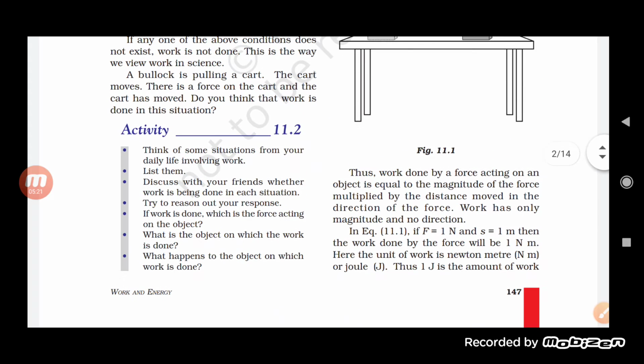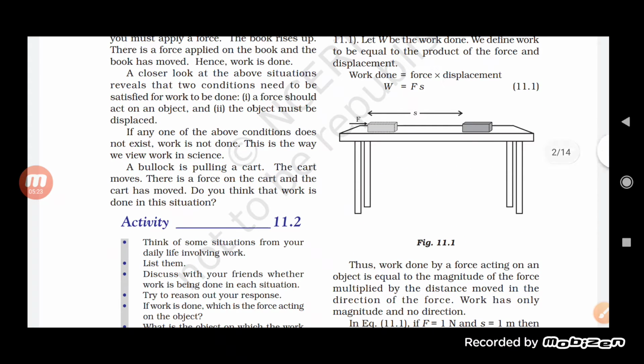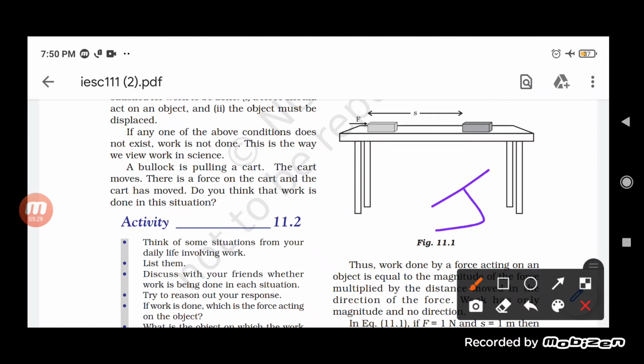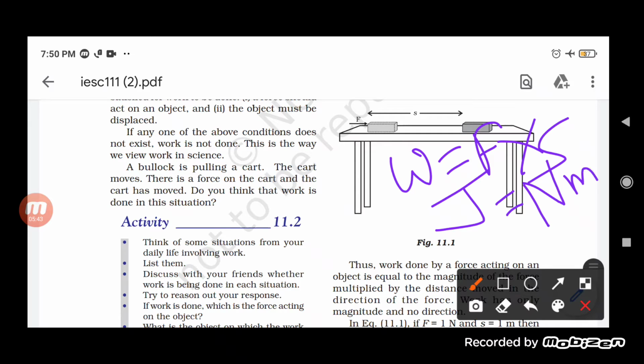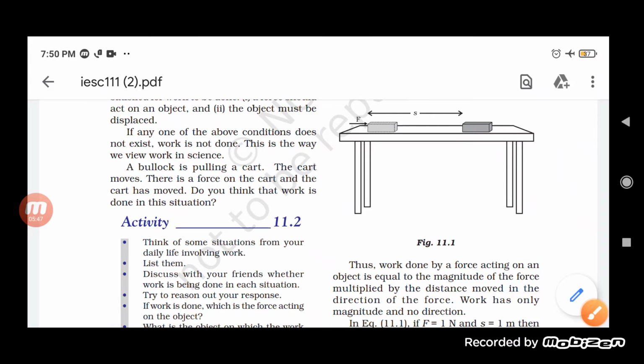Now, the thing that we have to understand here, which is really important, is what work is. The SI unit of work is what? That is joule. Now, when we say W is equal to what? That is force into distance. So, work is represented by joule, and this joule will be equal to what? Newton, which is the SI unit of force, and meter, which is the SI unit of the distance traveled by the object. So, W is also equal to Newton meter.